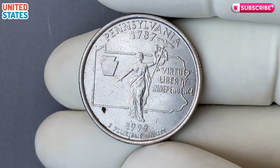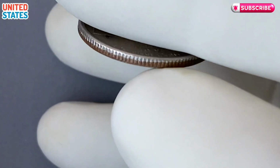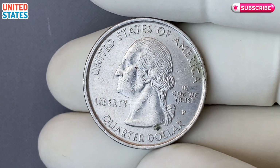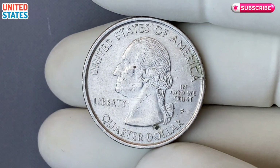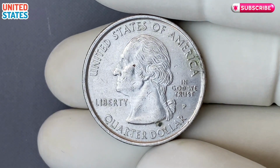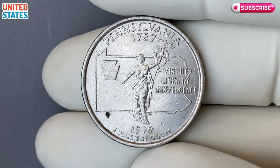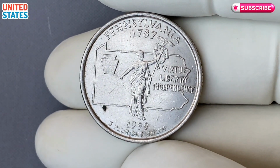It could be a hidden treasure worth $67,000. That's right, $67,000 for a single quarter. Imagine the possibilities if you have one of these coins in your collection or even in your spare change. So, keep your eyes peeled and your magnifying glass ready, you never know when you'll stumble across a rare gem